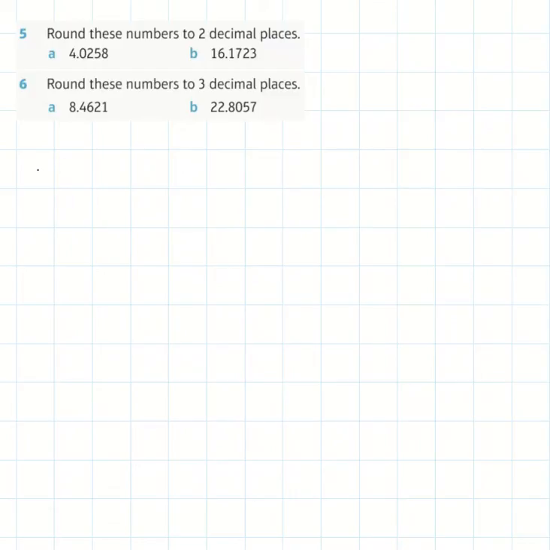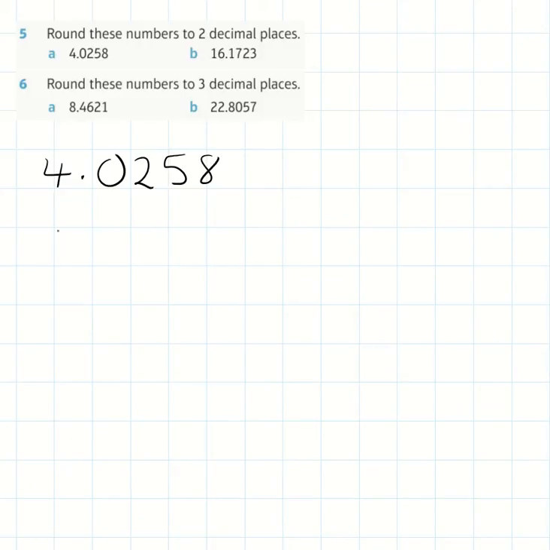In this lesson, we're going to look at rounding to 2 decimal places and 3 decimal places. This is a follow-on from my previous lesson where we looked at just rounding to 1 decimal place. So let's have a look at the first example. The first example is to round to 2 decimal places,